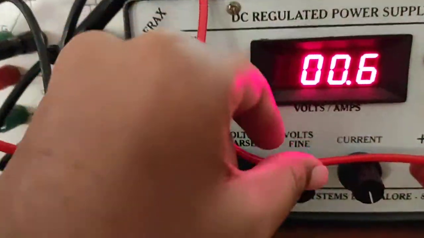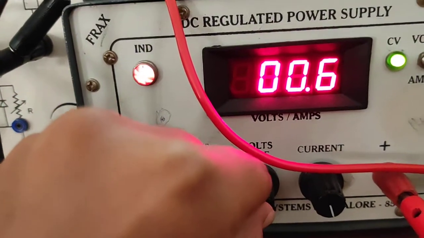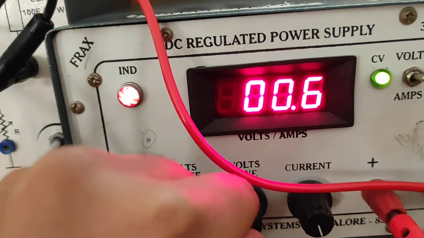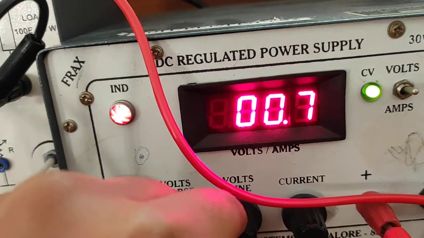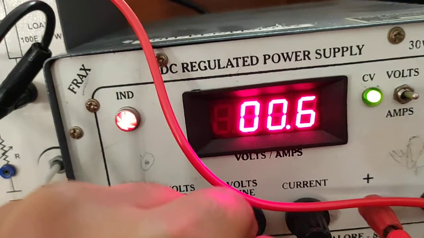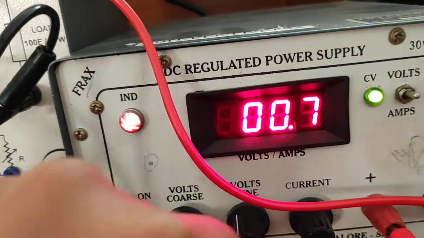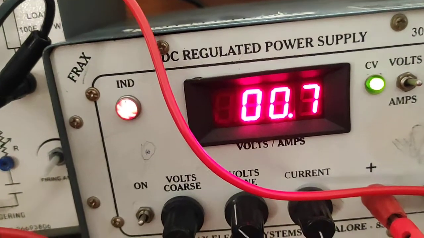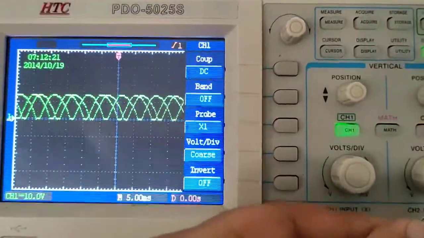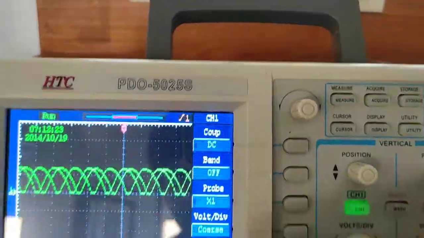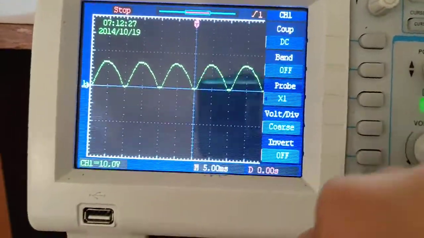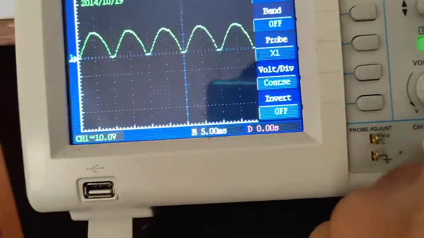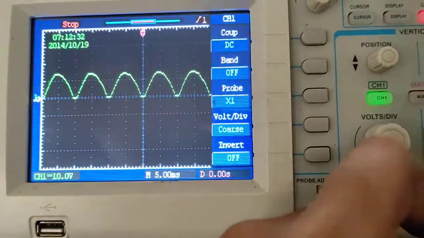Now I am slowly increasing this voltage, which is around 0.627. You can see the jumping between 0.6 to 0.7 volts. Now you can see the output voltage waveform, and if we try to stop this, you can clearly see the output voltage waveform here. It is a full bridge rectifier,